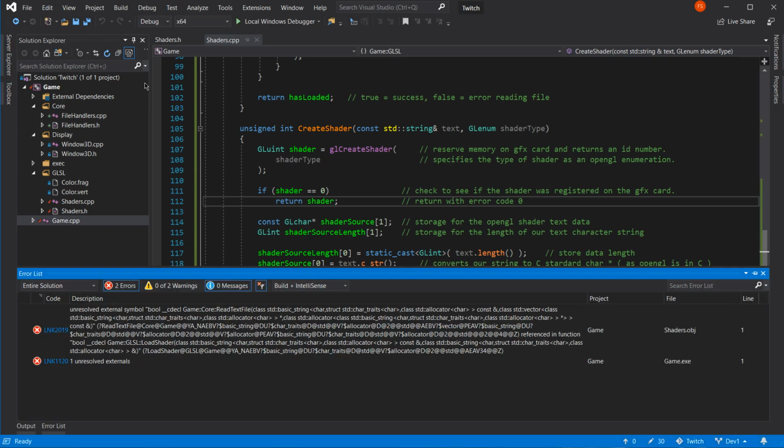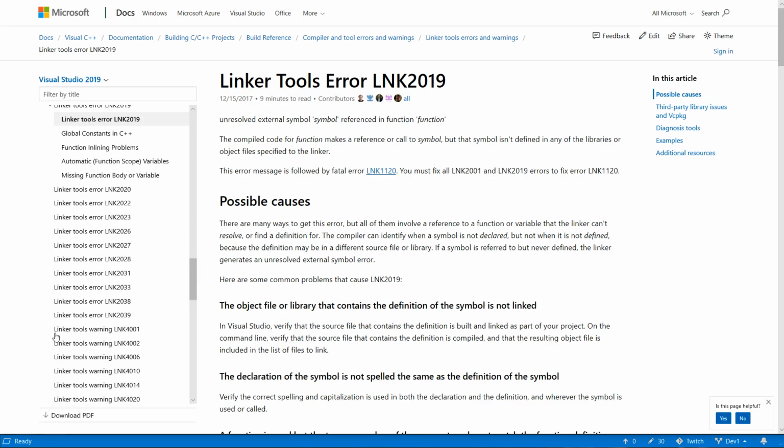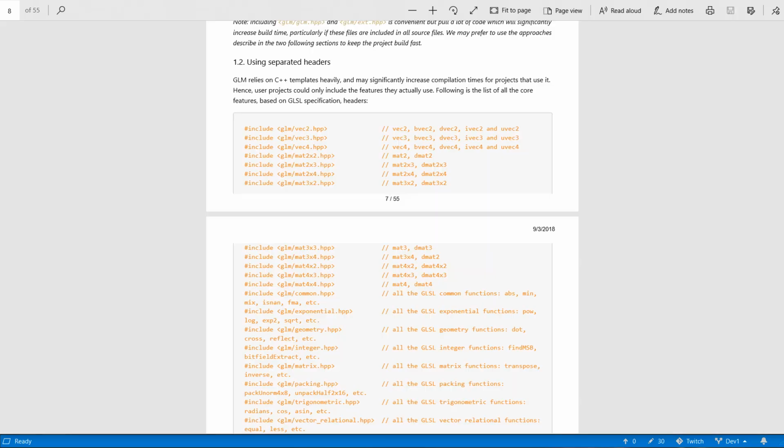Why does this thing take so long to compile? That looks like a link error. Right, that's correct.